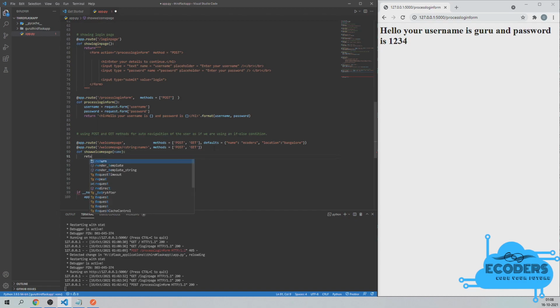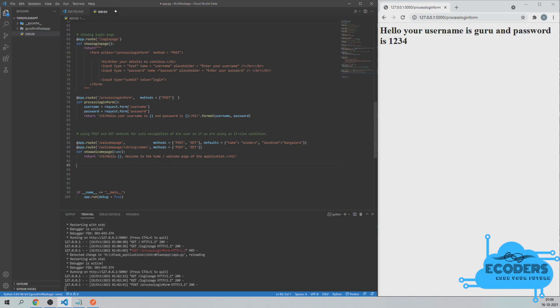So let me say here in the return statement, single quotes h1, then close the single quotes for the h1 like this, and here I'm going to say hello, comma, welcome to the home page or welcome page of the application. That's it. So this is a welcome page which uses both the methods to get logged into this particular page.